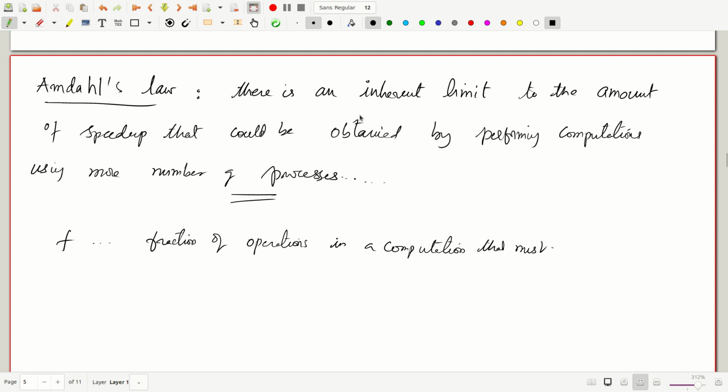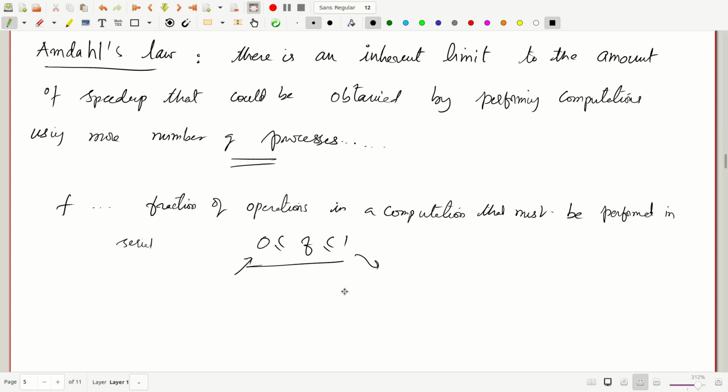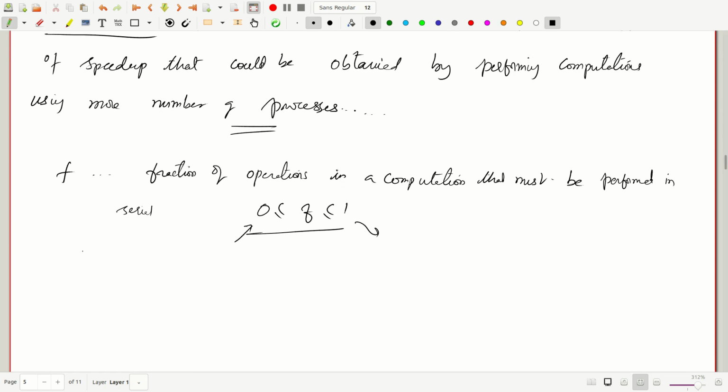Okay, if f is the fraction of operations in a computation that must be performed in serial, or sequentially, that means f can range from 0 to 1. If f is 0, there are no operations that must be performed sequentially, so it is completely parallelizable. And f equals 1 means you cannot parallelize any part of the computation, or the algorithm that you have. So defining f as the fraction of operations in a computation that must be performed in serial or sequentially,